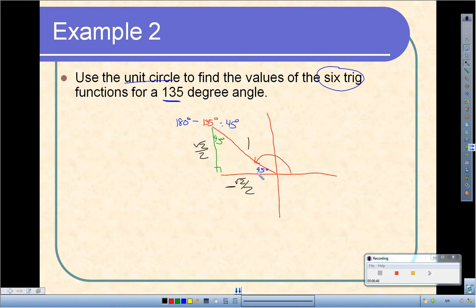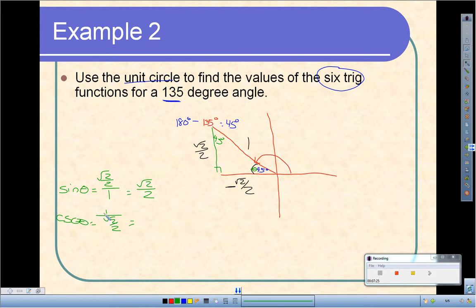Okay, now that I've got my reference angle, I've got my sides labeled, what I'm going to do is use this reference angle as my angle to find all 6 trig ratios. So let's start off with sine. Sine would be opposite, so opposite of this reference angle, so that would be square root of 2 over 2 over 1. That just simplifies to square root of 2 over 2, so that would be sine. Cosecant would be hypotenuse over opposite, so that would be 1 over the square root of 2 over 2, and